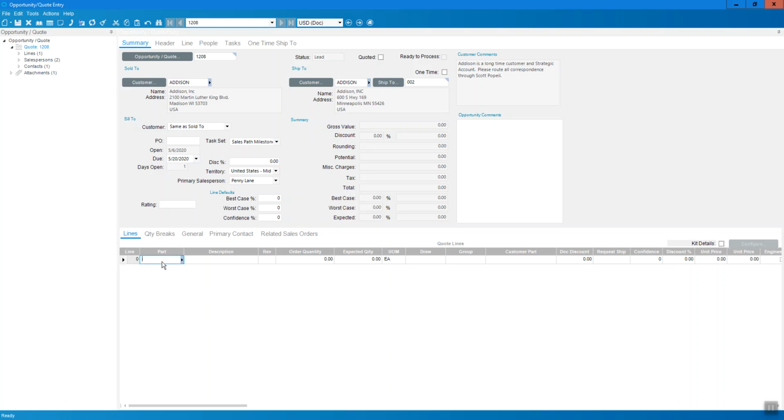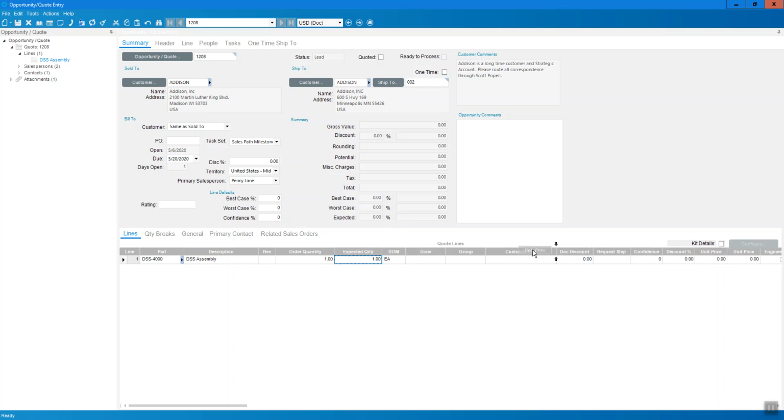Since we're working in an engineer to order scenario, this is what we call a part on the fly. This is a product that may not be already in my system. It's something that I'm quoting just for them. So we don't know yet if we are going to get this deal, but we have the ability to define the product reference in the description, tell the system what quantity we're expecting to sell, and most importantly, the price